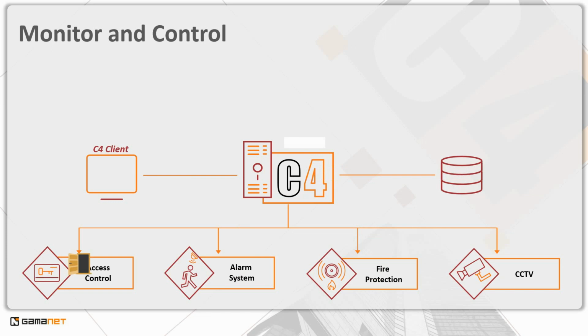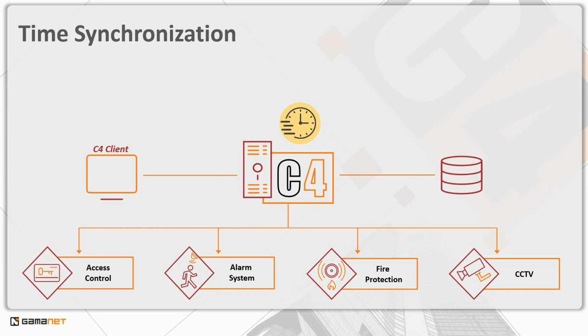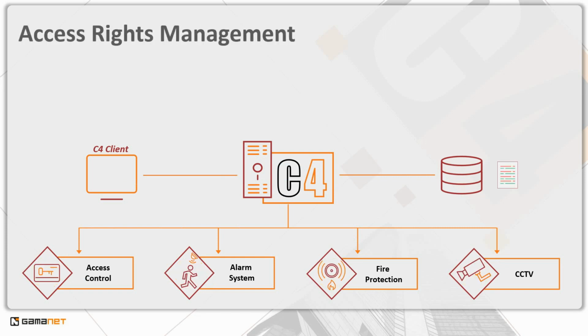The second task is 24/7 monitoring of the security system's technical statuses, security status, or availability of individual devices. The C4 system also allows the operator to control the equipment via commands. The third task is the device configuration. The principal requirement is to ensure the device's time synchronization with the central C4 server. The most fundamental and appreciated functionality, however, is the central management of access authorizations for access control and alarm systems by a unified central system.